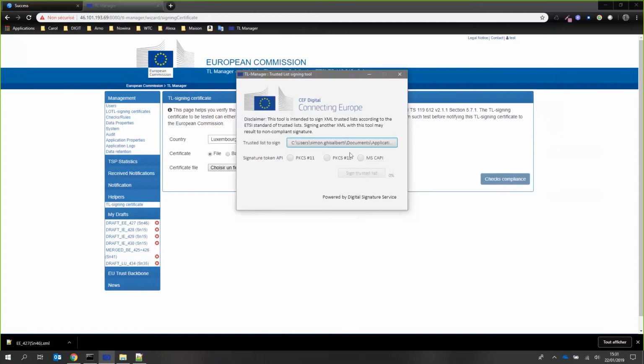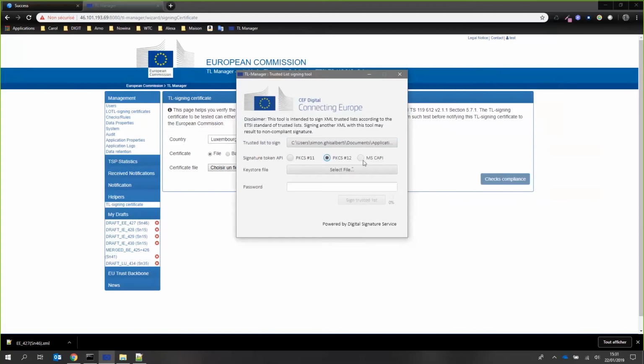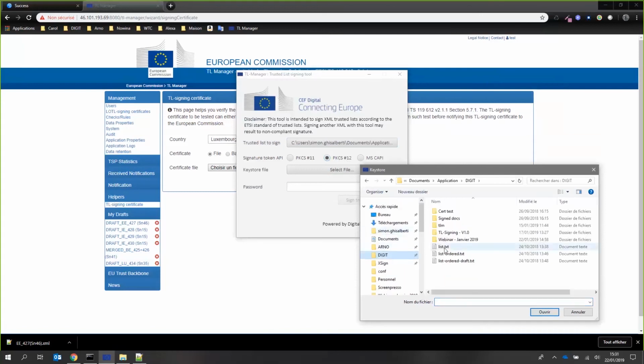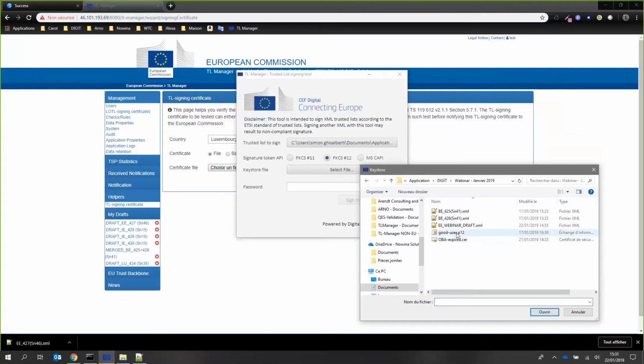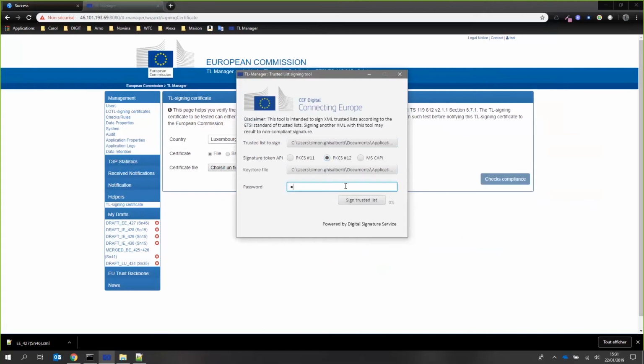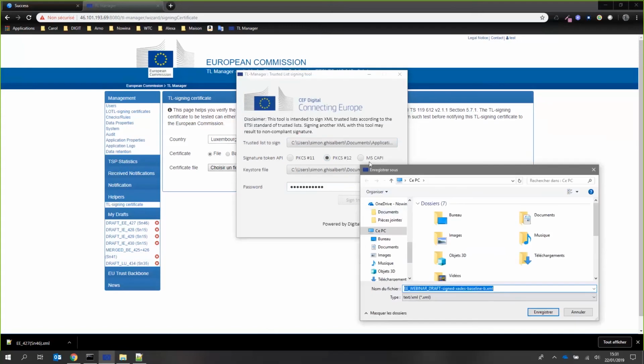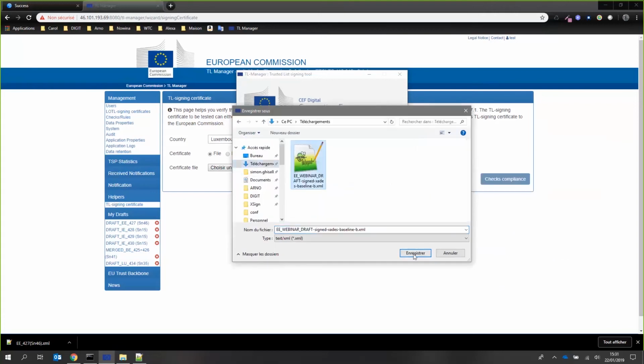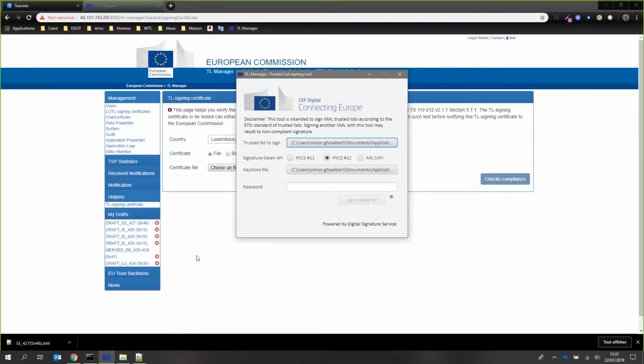Here is one. Then you have to explain to the tool how to connect to the signing key. Let's suppose this is a software-based key, and then, again based on DSS, we will produce a XAdES signed trusted list compliant with the ETSI standard. We will not import it back into TL Manager, but please trust us, it works.